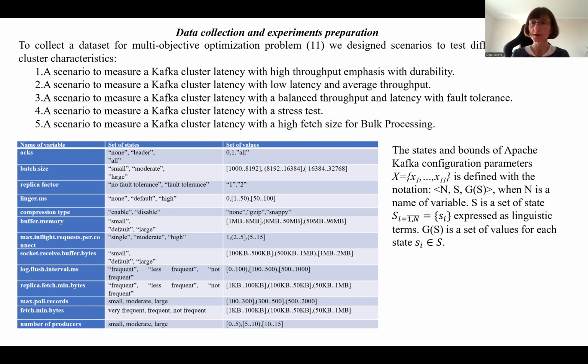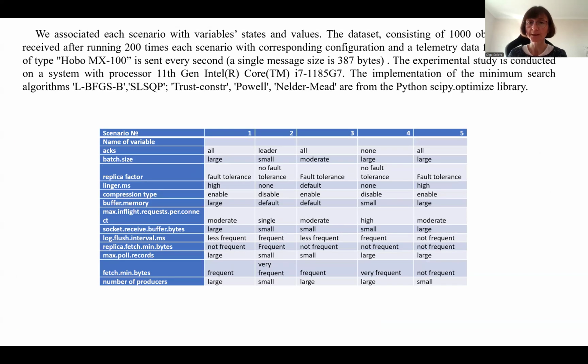Then each Kafka cluster parameter that we included in the test we specify using the notation. This is basically three terms: the name of the parameter, then the possible value, which specifies a linguistic term, and finally, for each state of the variable, we specify the interval with possible values. Then we associated the defined scenario with a state of each Kafka cluster parameter, and then a data set consisting of